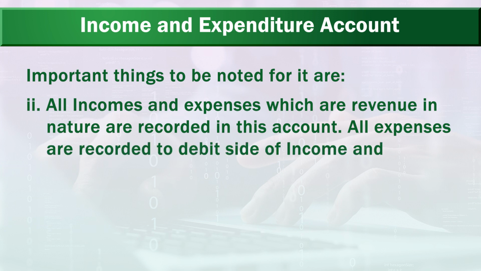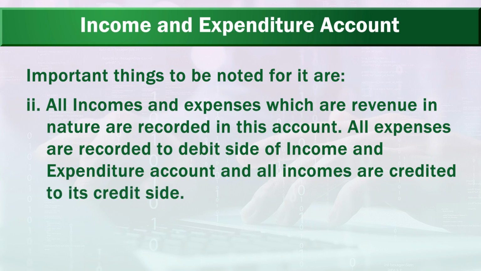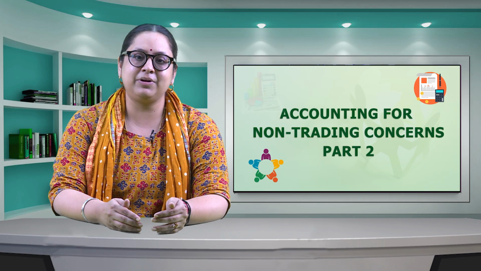All expenses are recorded to the debit side of the income and expenditure account and all incomes are credited to its credit side. Transactions of capital nature are not included in the income and expenditure account, but the portion of capital expenditure which